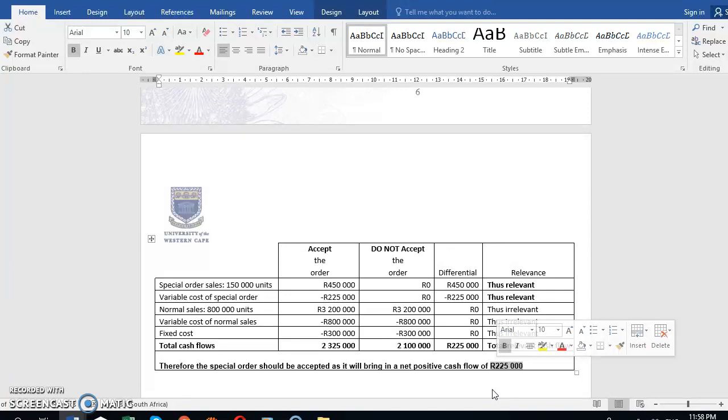It really just comes down to what is my two decisions or alternatives, and it's accept or do not accept, and then it's the relevant cash flows between the two alternatives. And remember, for it to be relevant, it must differ, it must be cash, and it must differ between those alternatives, and then you therefore only take those relevant cash flows into account, and then basically you add up the relevant cash flows, and then you'll get your answer, and based on your answer you can make a decision. And in this case, that decision is we should accept the order because it will bring